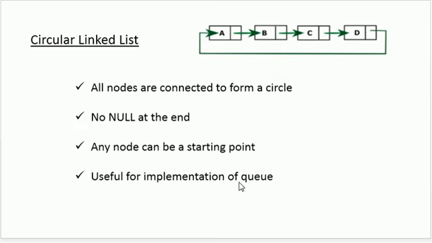So whenever I want to give implementation of queue data structure, it's always better to give it in the form of a circular queue. Because if I'm going to make use of arrays, it's going to waste my memory spaces. In fact, sometimes memory would be available, but I'll not be allowed to save anything if I'm implementing queue in an array. But if I want to avoid these kinds of things, I'm going to implement queue in the form of a linked list where I never get short of memory. So I want to create a circular linked list.